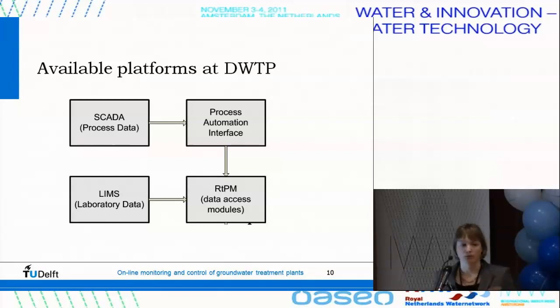Furthermore, we have the laboratory analysis. This is the LIMS system. These analyses are also coupled to the RTPM database. So in this database, we get a lot of information from the treatment plant. But we still want some more information about the actual water quality throughout the treatment plant. So to be able to do that, we